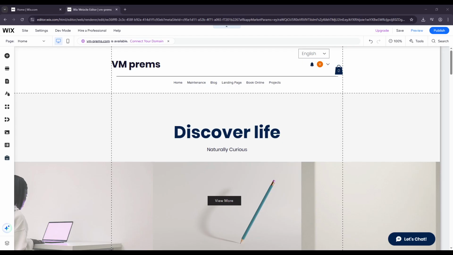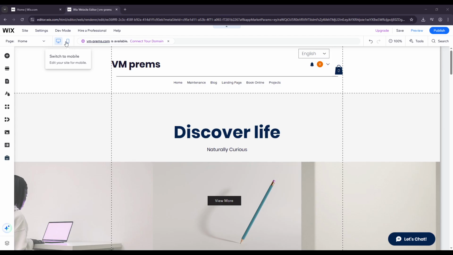Start by opening your site in the Wix Studio editor. This is where all your design controls live. Once your site is open, head to the top toolbar and switch to responsive or breakpoints mode. You'll know you're in the right place when you can see options for different screen sizes across the top of the editor. This mode shows you how your content adapts as the width changes, so you can make precise adjustments